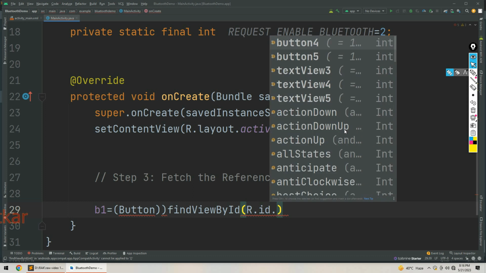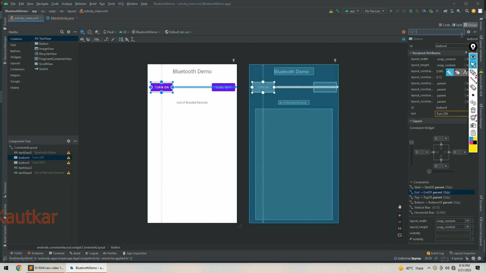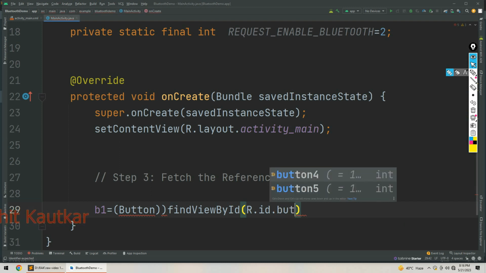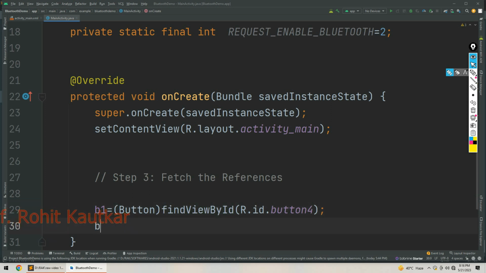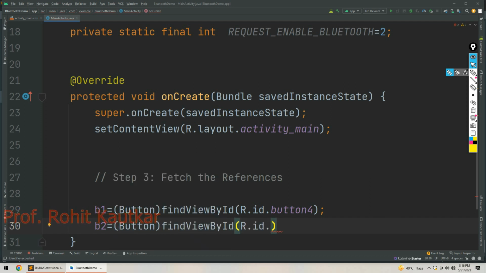So here we will write R.id dot. So let's try to check the ID. Button 4 and button 5. So here will be button 4, and next same thing we will do for button 2. So again button, find view by ID, R.id.button5,